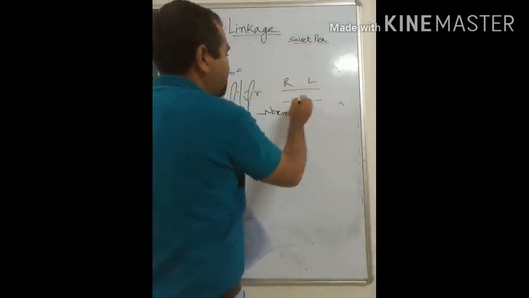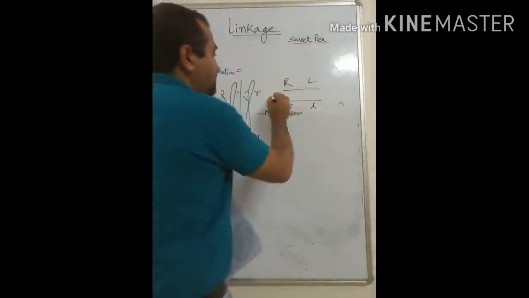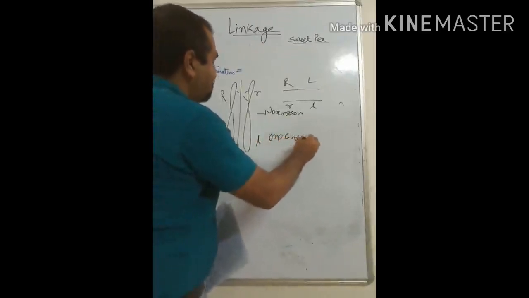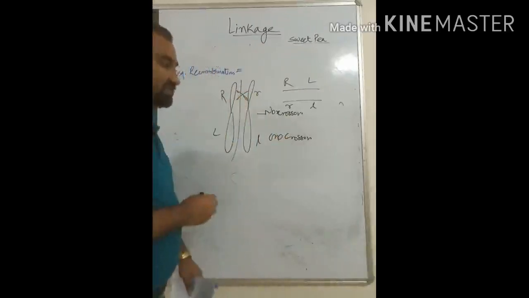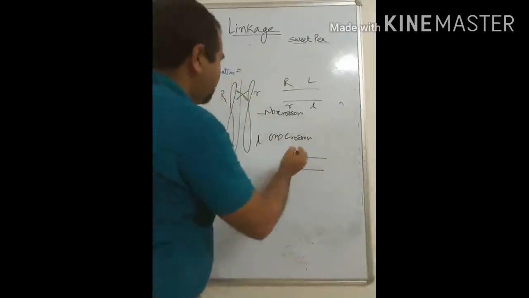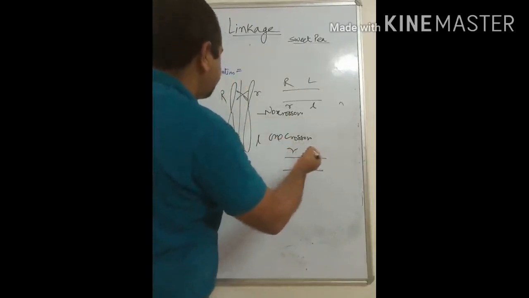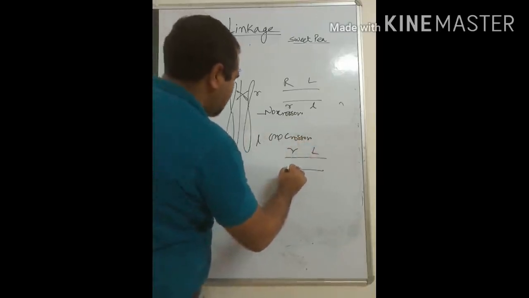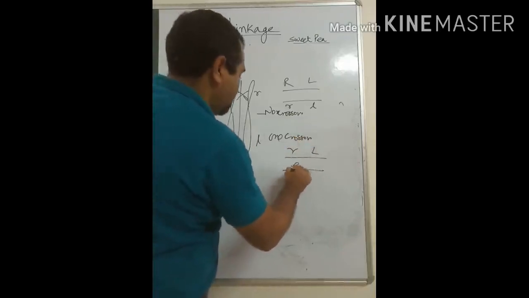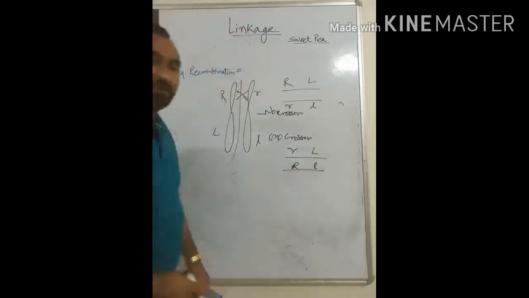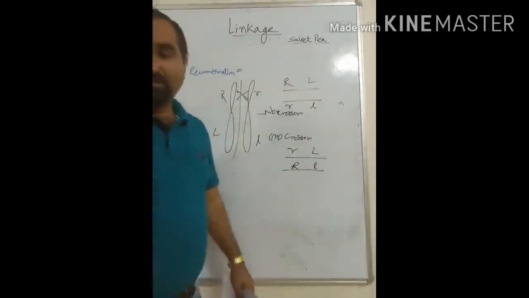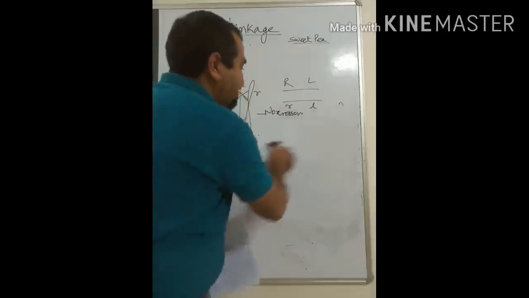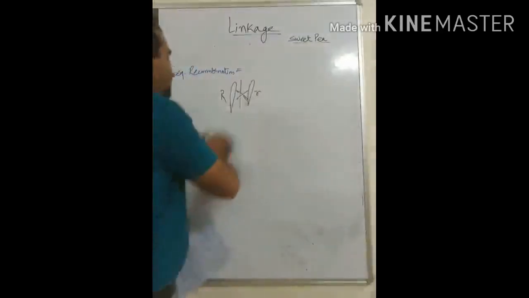One gamete will be R and another will be R. And if there is one crossover, there will be exchange of genetic information like this, and this will be R, L, and another will be R and L. So if there is double crossover, triple crossover, whatever the case may be,